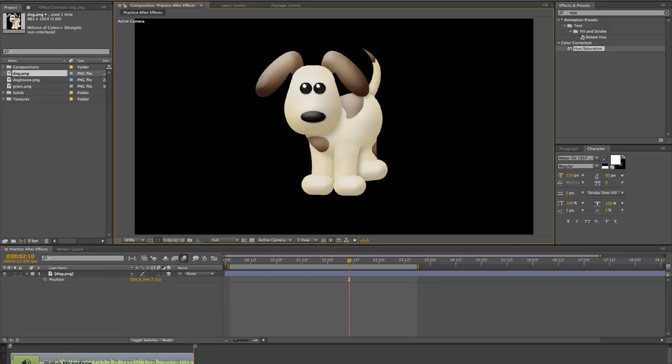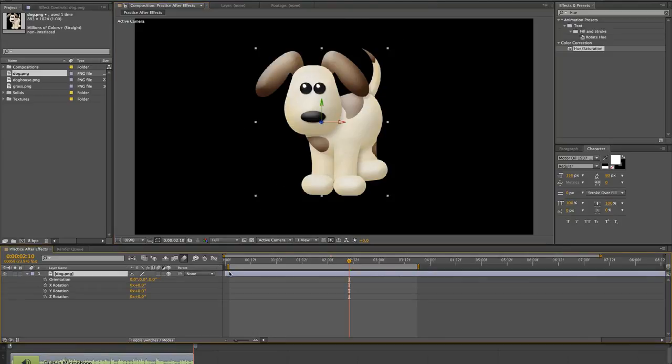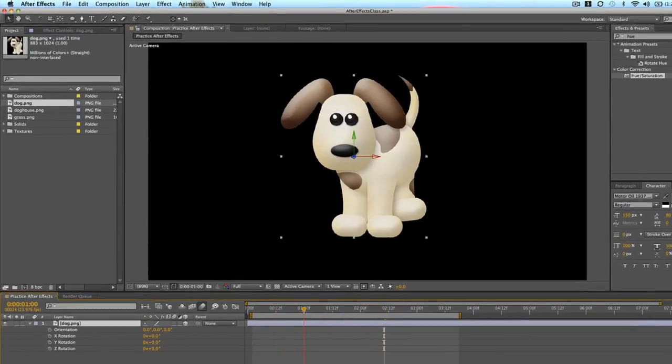Today let's talk about animating rotation and how this is a great way to introduce different items in your composition. So we have our puppy right here, and we're going to introduce him using the Y rotation animation to start out with. Right here at 1 second we're just going to set an ending keyframe for the Y rotation. And then half a second before, we're going to rotate him